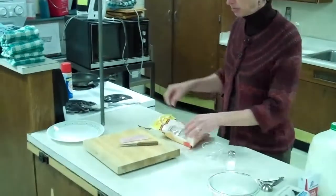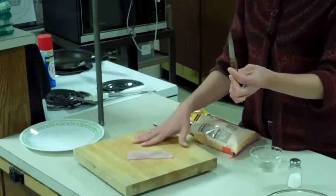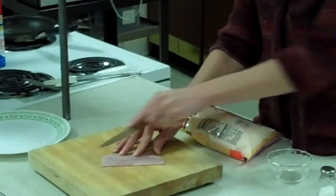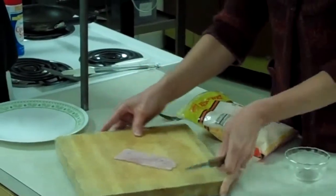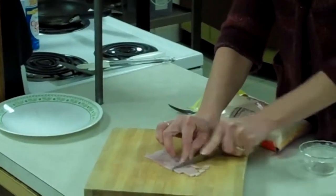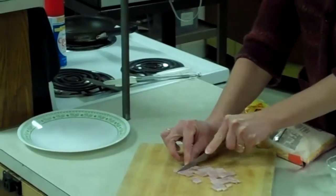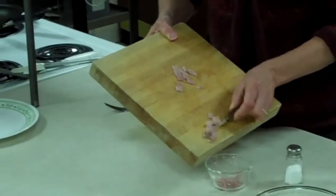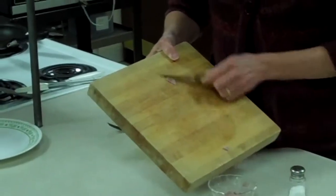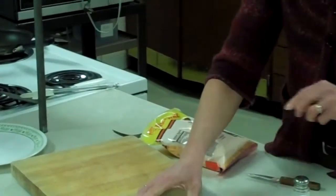So here I have on the cutting board a slice of ham. You're going to take a paring knife on top of the cutting board and cut your ham into small pieces. Take several slices one direction, and you can turn the cutting board and slice it so you're dicing the ham, cutting it into small squares. And then you can put that ham into a custard cup and have it ready when your eggs are ready. Into your other custard cup,